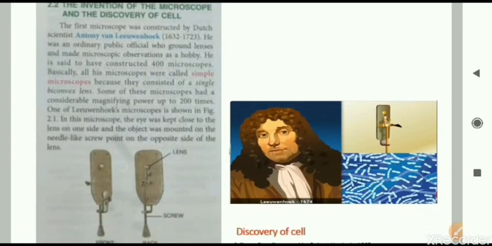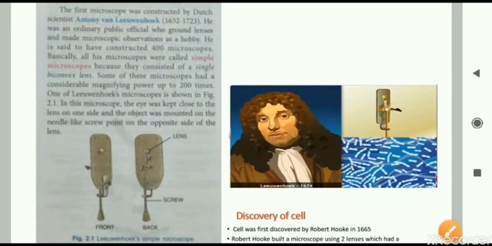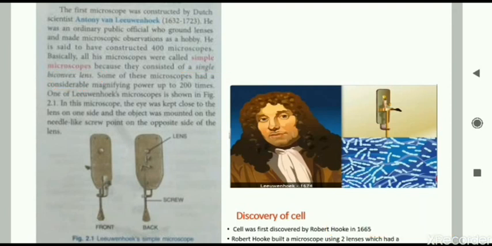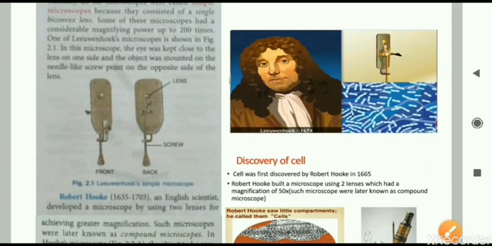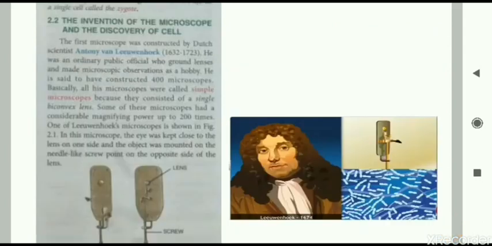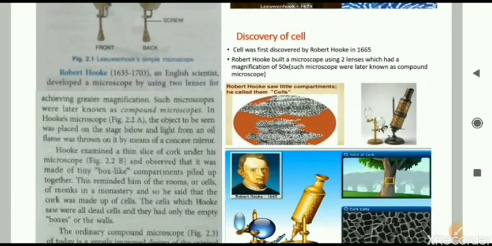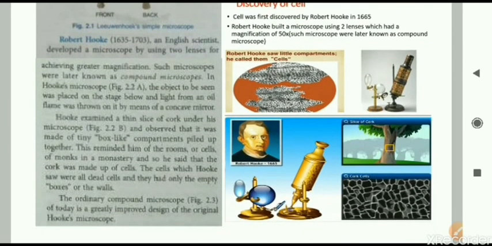Followed by this, we had many types of microscopes. All those of the earlier times were called simple microscopes. They simply had a lens, a simple biconvex lens. You can see here the photograph of Leeuwenhoek's simple microscope. After the invention of Leeuwenhoek's microscope, certain developments were made. New models of microscope were invented thereafter, and Robert Hooke came up with his model of microscope, and he observed